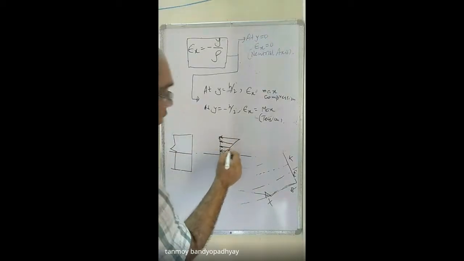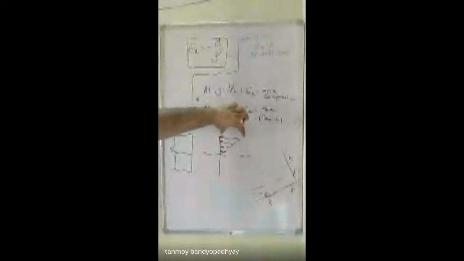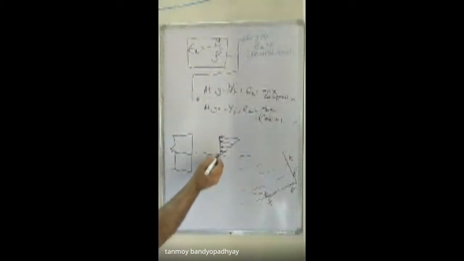Reverse arrows. So these are compression. As you can see, the compressive forces are maximum at the top fiber of the beam. So on the top fiber, they are carrying the maximum compressive stress. And as I come to the lower fiber, they are also maximum, but they are tensile in nature.